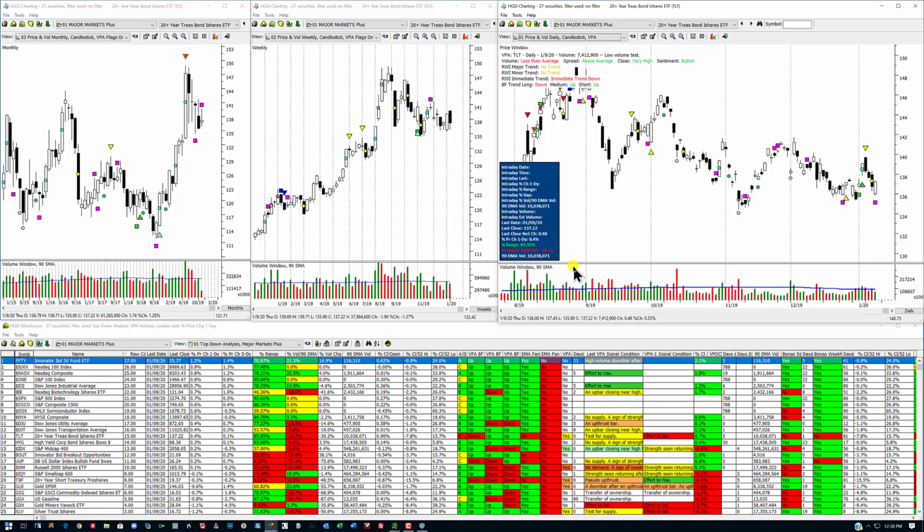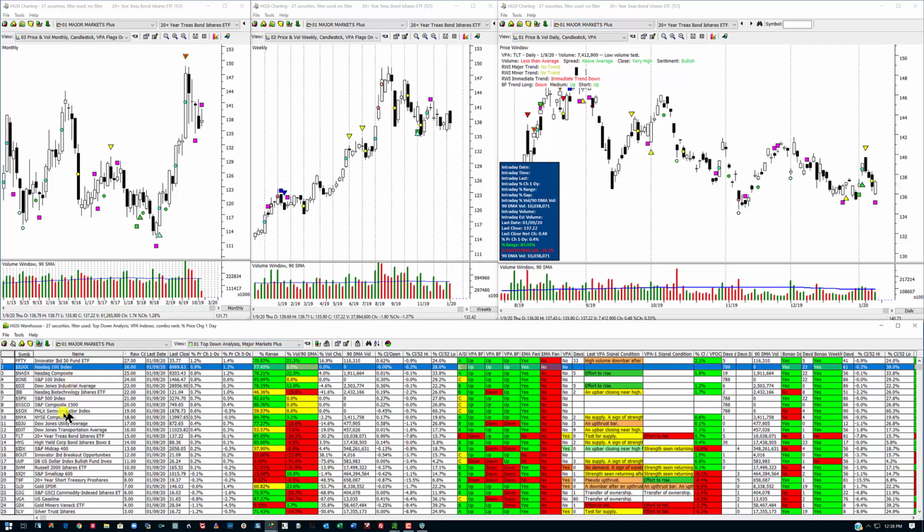Now, one thing I want to point out in this set of files, what I've done is I've combined two sets of charts, end of day and intraday, into one set because it was just too confusing. And this way I can have the intraday information on the top and the end of day at the bottom. So if you look closely here, you can see that the last date was 109, that was yesterday, and this would be the intraday data. Let me see if I can